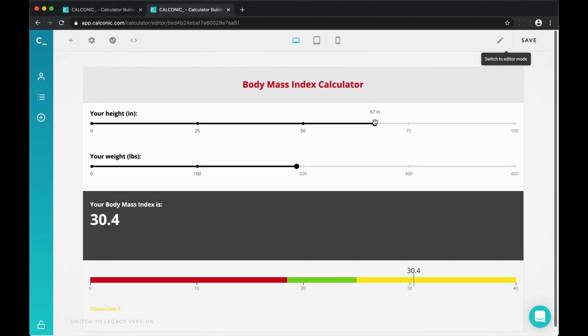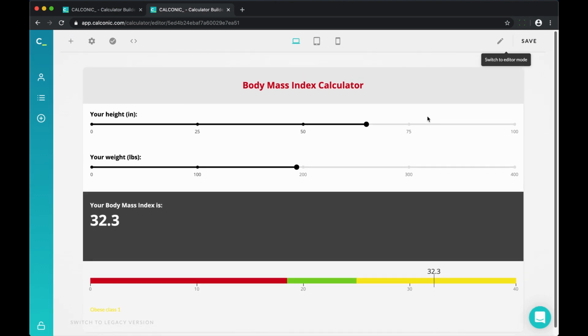results for the case. But keep in mind, these elements are only related to the final formula element and react to it. So if you want to make other elements appear or hide depending on different conditions, you'll have to use the conditional visibility feature. And you can find more about it in our tutorial on Calconic channel.